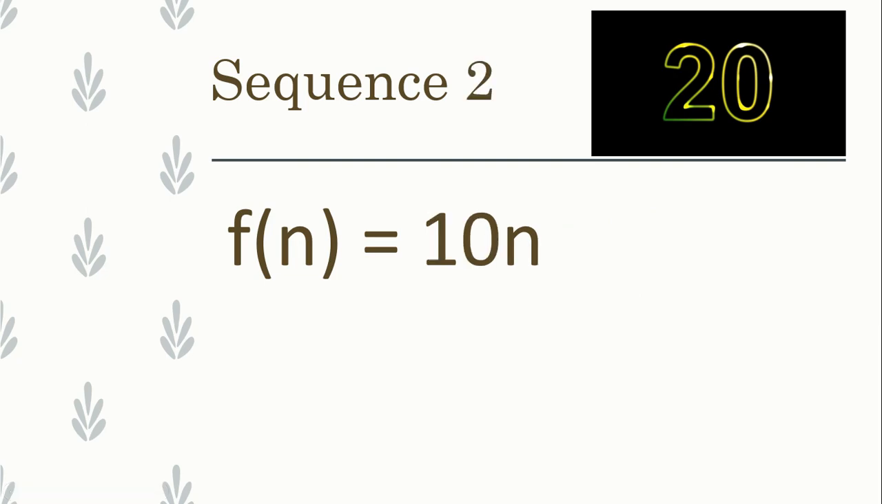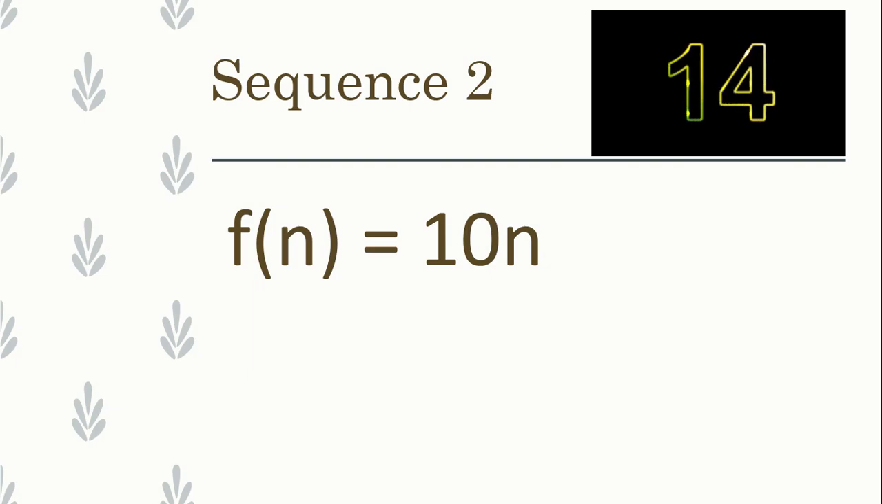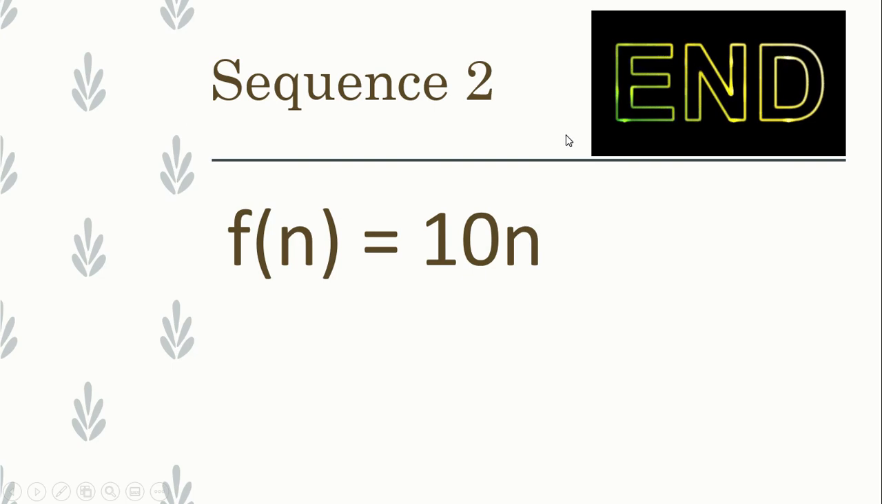Let's proceed to sequence number 2. A sequence generated by the function f of n is equal to 10n. 20 seconds, start now. Time's up. Let's check. The answer is